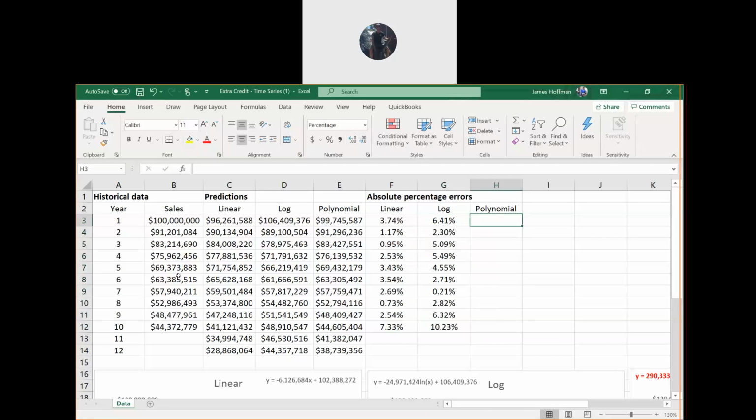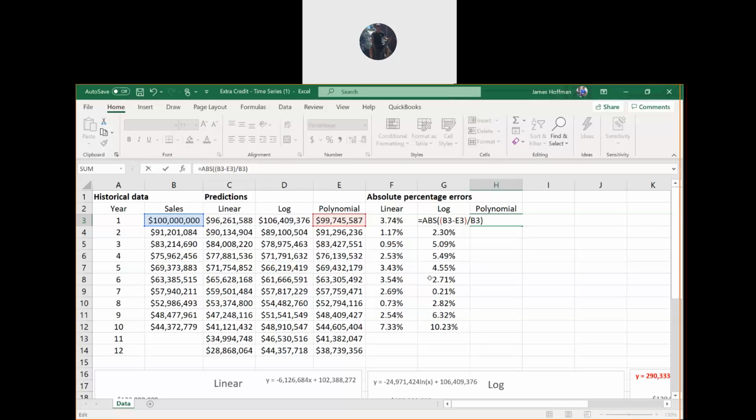So in H3, equals ABS of B3 minus E3 this time divided by B3.